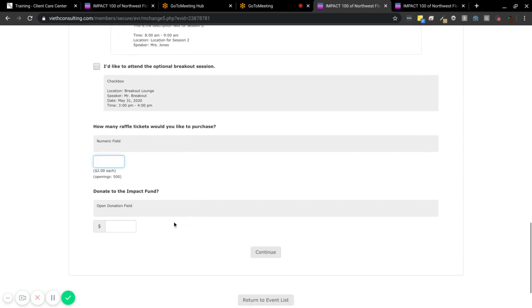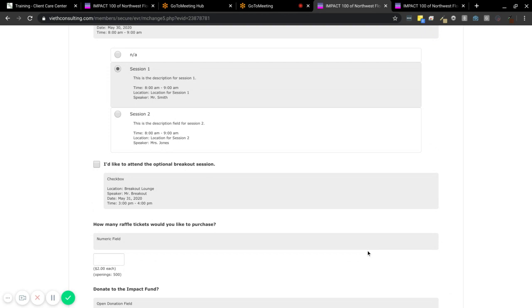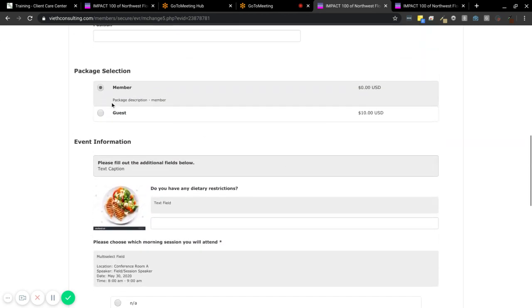The last field type that we offer is the open donation field. This just accepts a number, and this number will be added to the cost of registration. All right, so that's one of each. Oh, no, wait, there's one more. I almost forgot. I do have a field